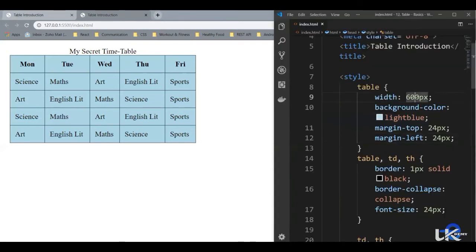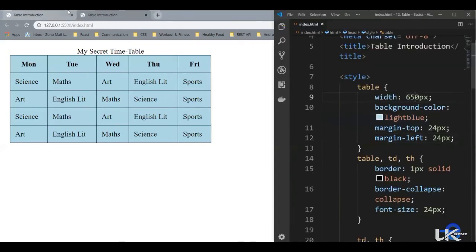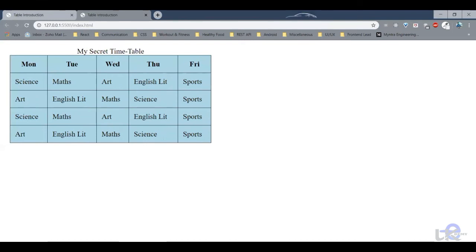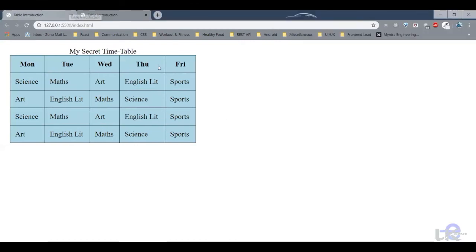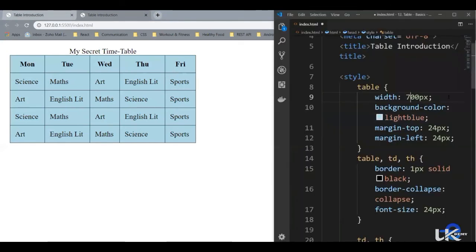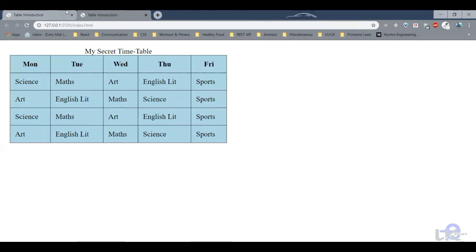So let's increase the width, say 700 pixels. Let's save it and let's compare. And that's exactly the same table that we wanted to make.